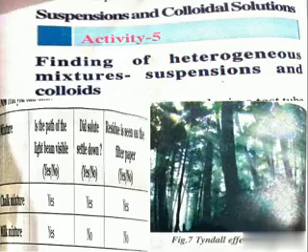So a solution does not scatter the beam of light, which we discussed in previous classes. When we send light into water, it does not scatter the beam of light. When we add some milk to that, it scatters the beam of light. This we discussed in previous classes. So here milk and water appears like a homogeneous mixture, but this is not homogeneous. It is an example of a heterogeneous mixture, because when we send light into it, it scatters the beam of light.